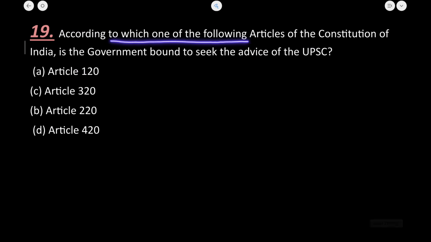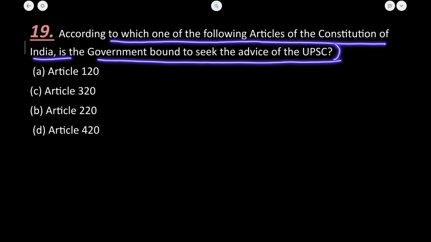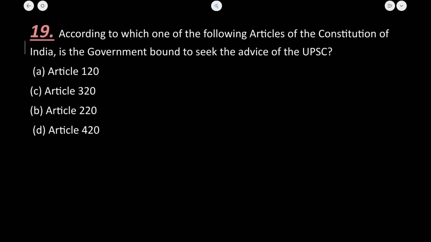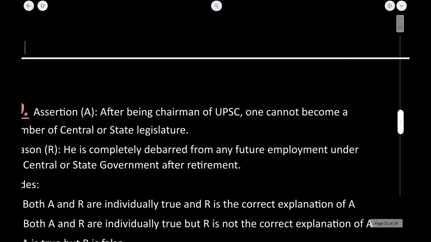According to which one of the following articles of the Constitution of India is the government bound to seek advice of the UPSC? It is according to Article 320. You can just write down this article. Next is,